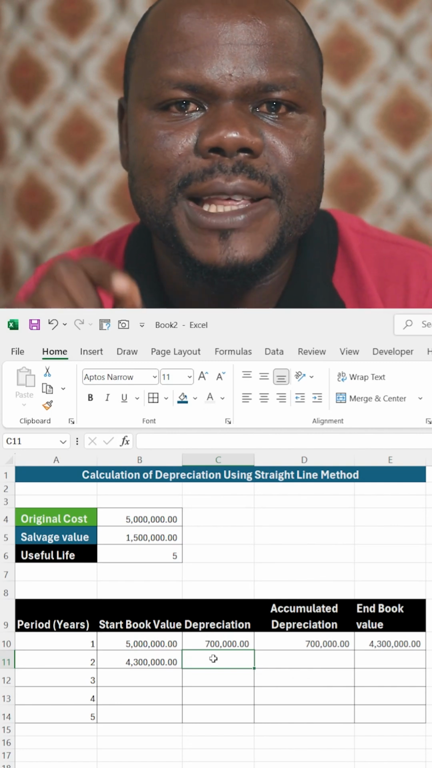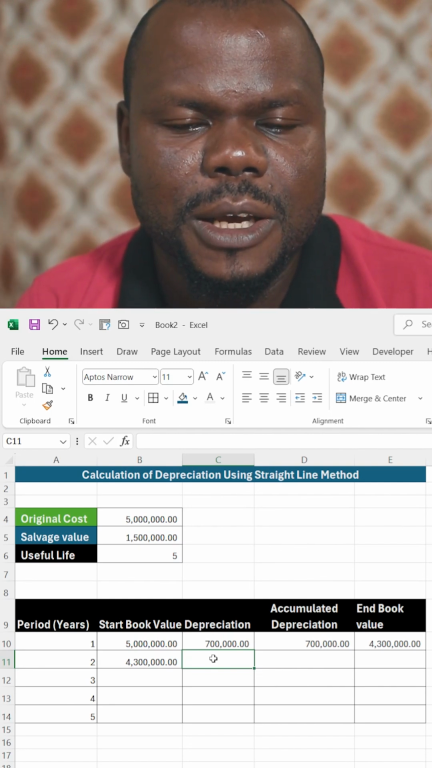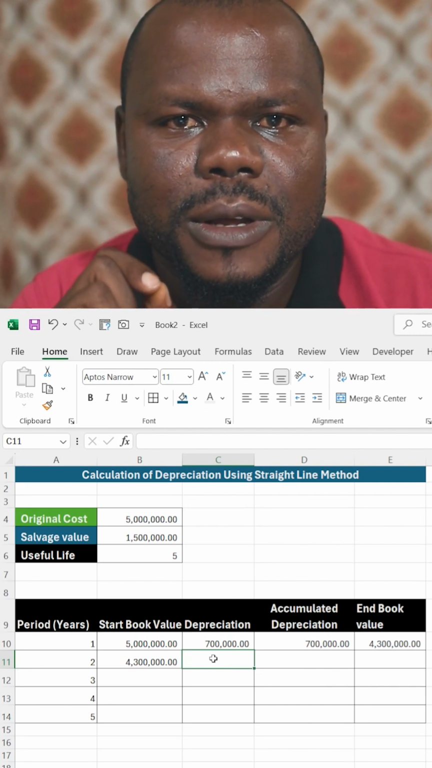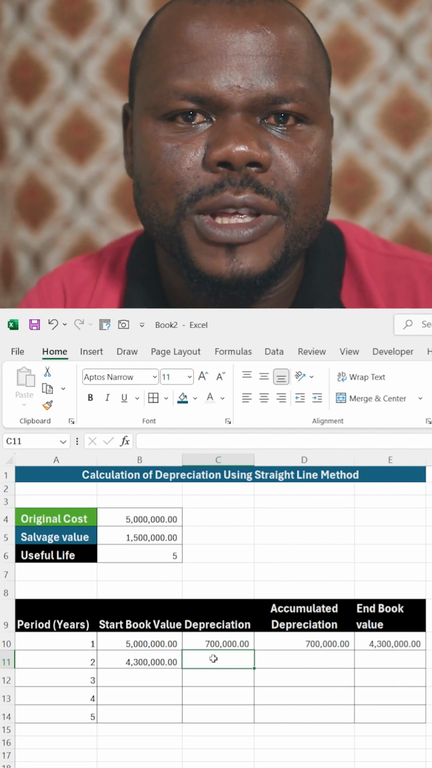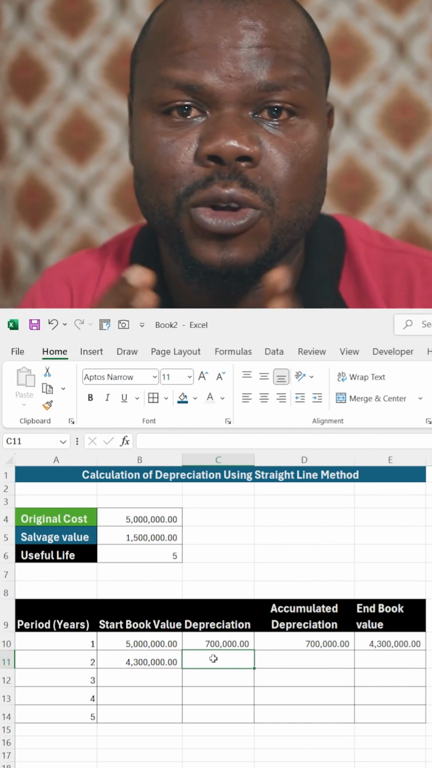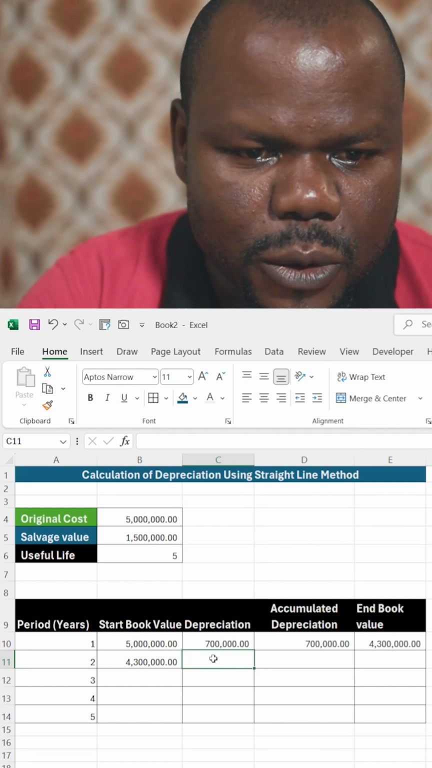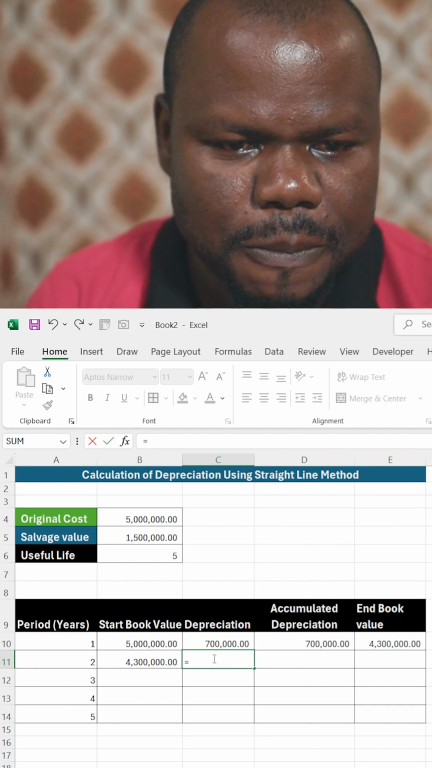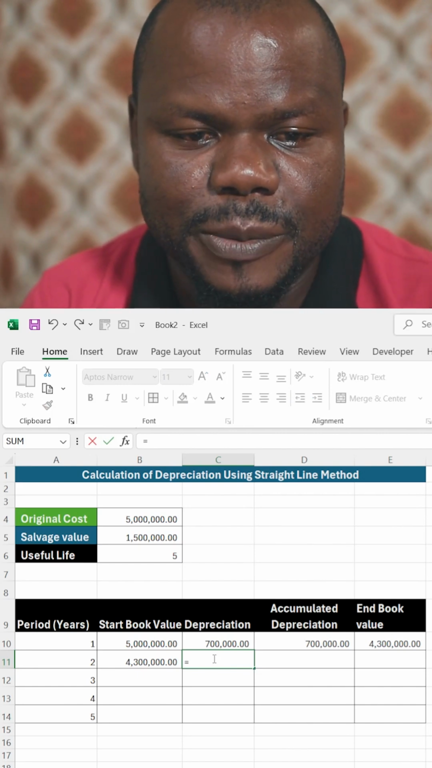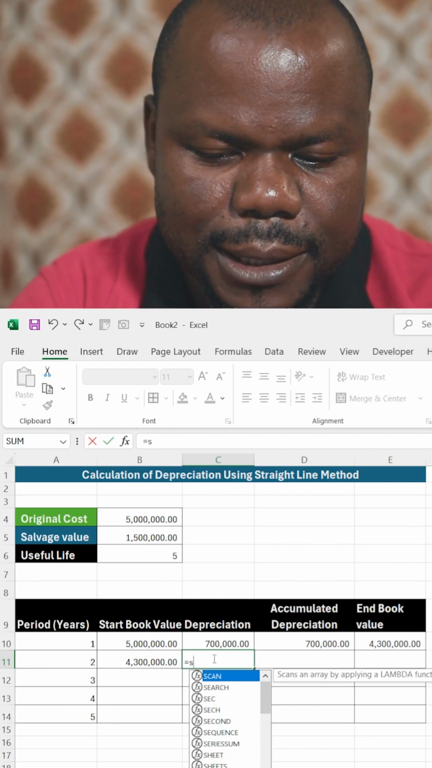The formula is called SLN. All right. So that formula is just designed strictly for depreciation calculation using the straight line method. So I want to use it for this second year so that you understand. We are going to get the same thing, but let me do it now. Now watch your screen. So you can say equal to, don't forget we are still going to arrive at 700,000 naira, which is the depreciation for the asset for all of the years. So equal to SLN,